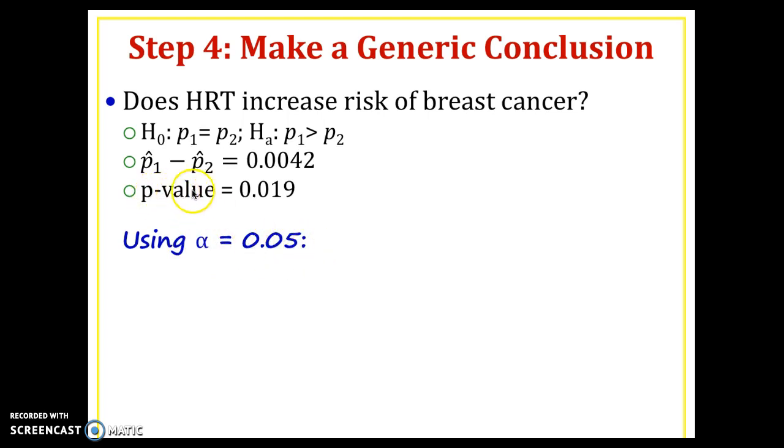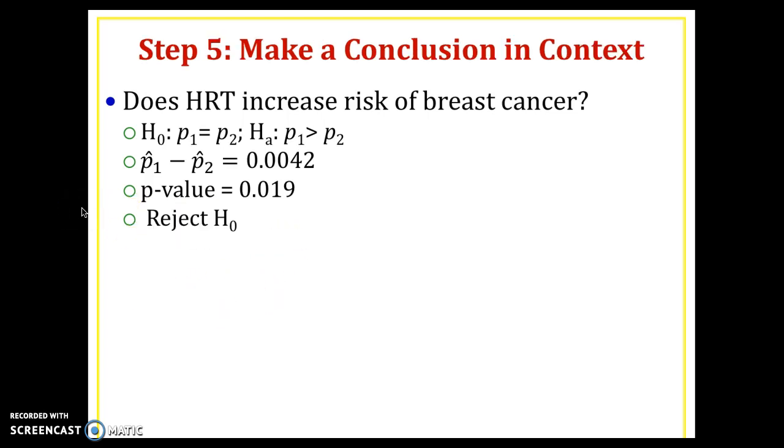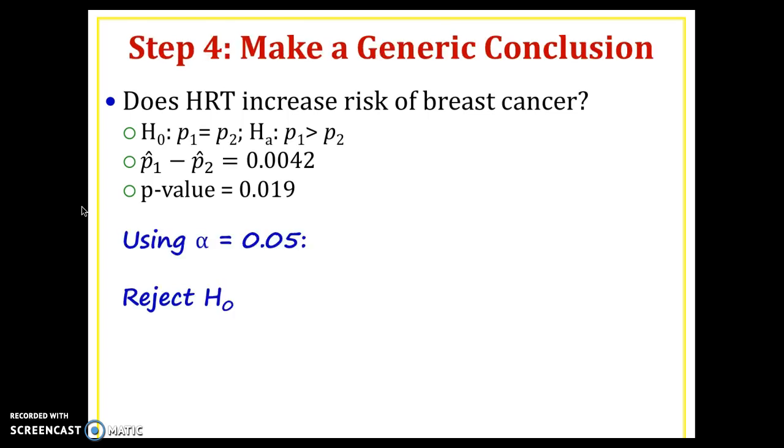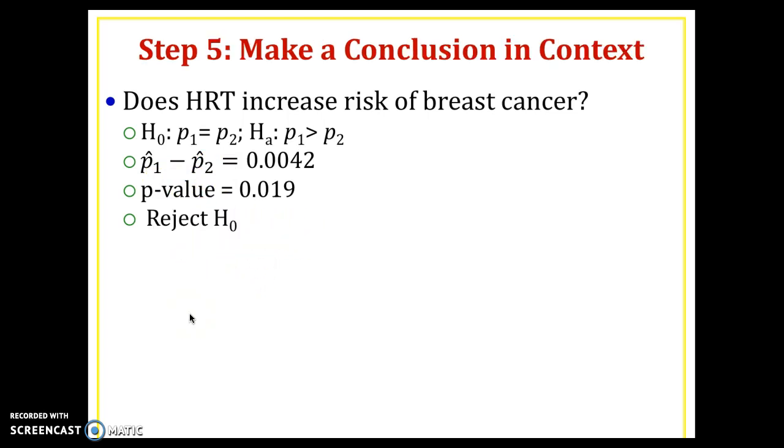Remember, if the p-value is low, the null must go. Since 1.9% is less than 5%, we're going to reject the null hypothesis. So that's making the generic conclusion. We're just checking to see if the p-value is less than the significance level alpha. Then we reject. And I think maybe the harder part, and I would argue more important, is what's the conclusion